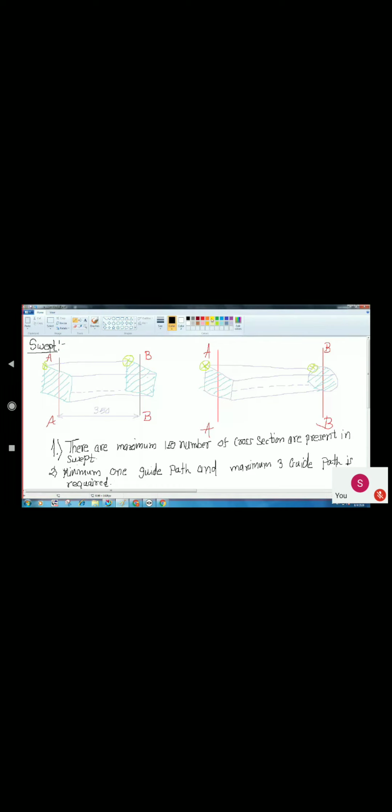Guide path, let's say, starting from this center location, the guide path can be this. Not necessarily will the guide path be connected to the section. If it is not connected, then still it is fine. This is your guide path.